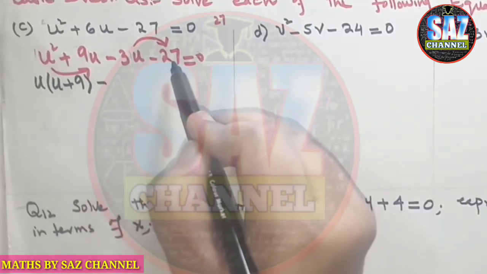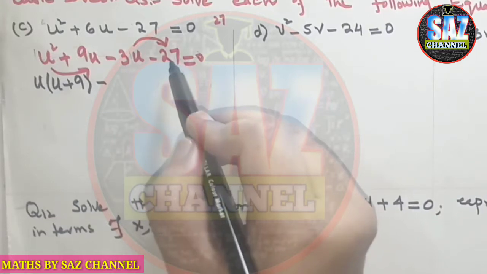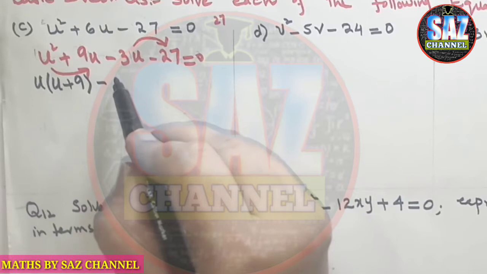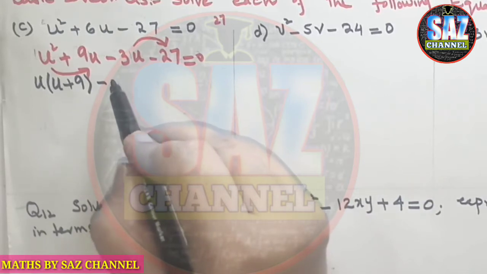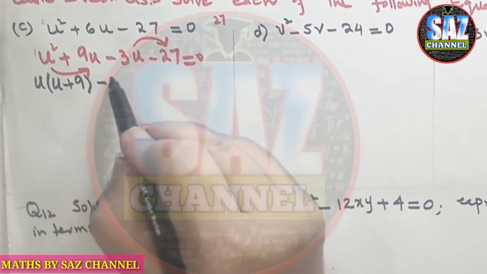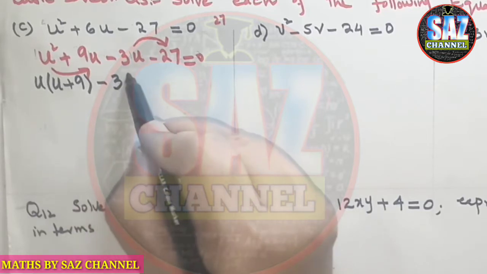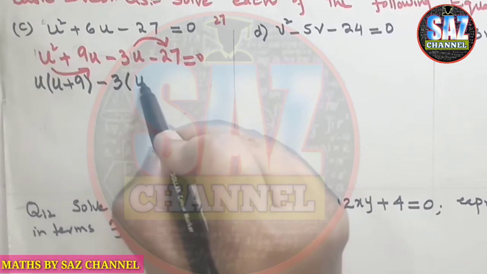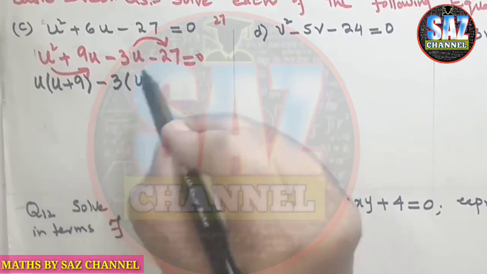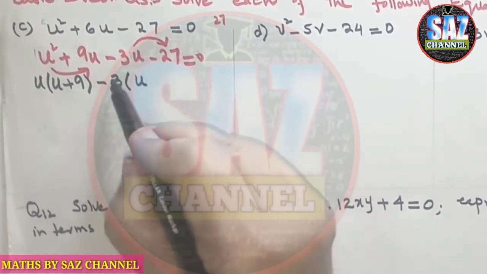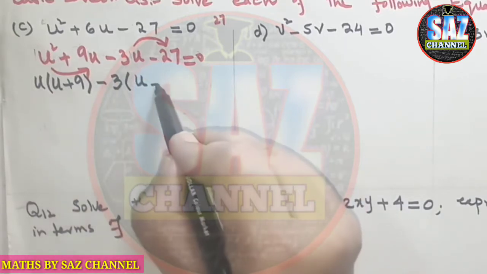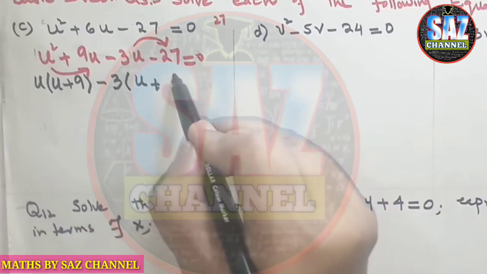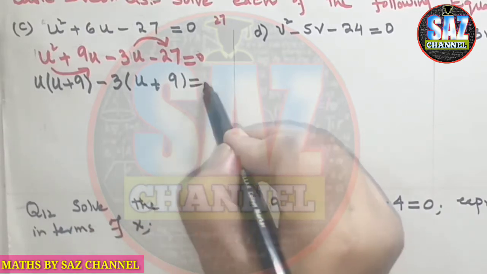And then I have to see that for 27, the table of 3 is suitable for how many times. Here we are actually reading the table, so we should have good command on the tables. I have to pull out 3 here, and when I'm extracting 3, inside the bracket I will be left with u on the first place. Then as I have extracted this minus sign, I have to mark positive sign here. And 3, how many times is 27? That is 9, equals to 0.